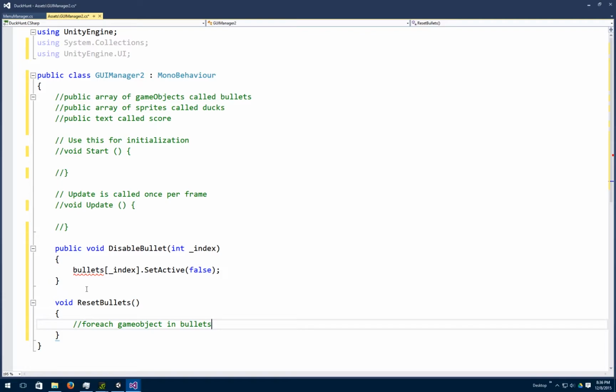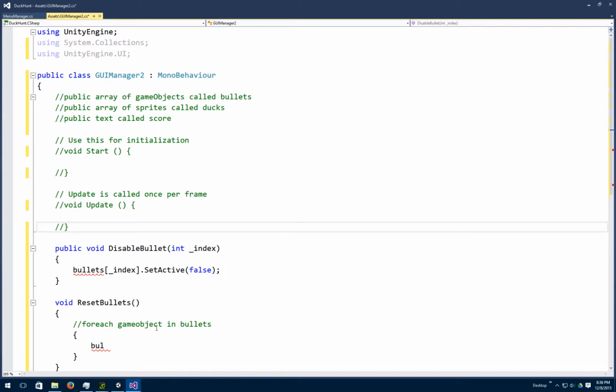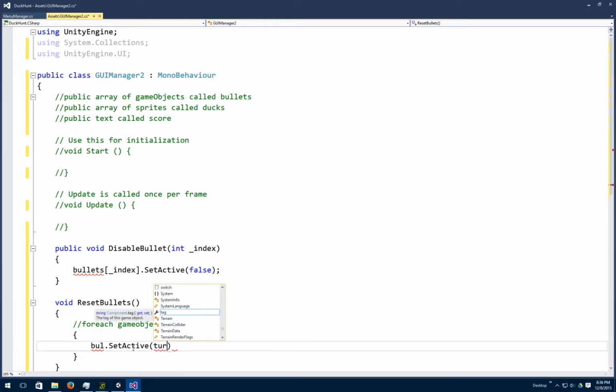So you'll have to figure out how to do that. But in here we want to do bull, well, I named the variable in here bull, and then SetActive true. The reason why I'm doing this is that when the duck spawns again, you get the graphic of